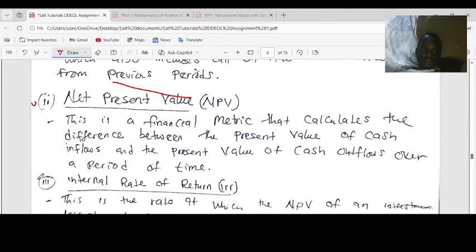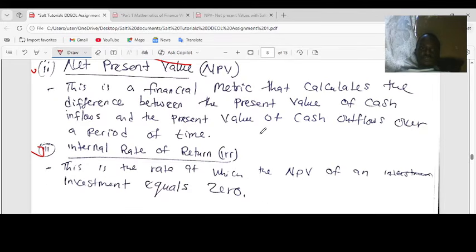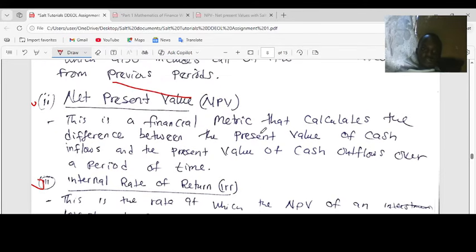There is another concept which you have to understand on these two. That is the NPV, the net present value, and the internal rate of return. What is the net present value and what is the internal rate of return? So the net present value, I'm sure we understand present values, amounts at the present. So this is the financial metric